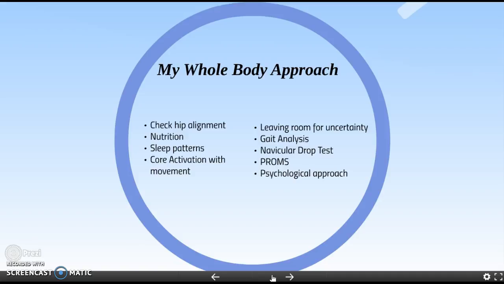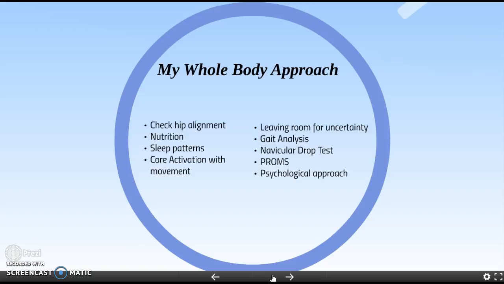So if there is a lower extremity injury, checking hip alignment, because that is crucial. It's very likely that if the hip alignment's off, or if a hip is stuck in rotation, then the rest of the kinetic chain going down to the lower extremity of the ankles could possibly experience injury. Also, going up the kinetic chain, so if the hips are off, then core, there could be erector spinae tightness, shoulder